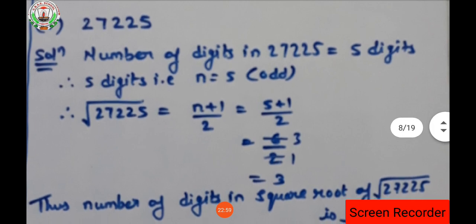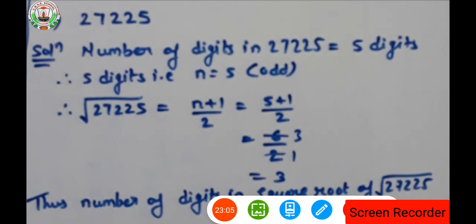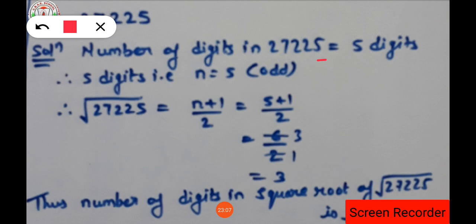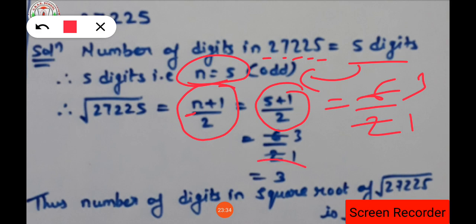27,225 we are having. How many digits are there? 1, 2, 3, 4, 5. Total digits are how many? 5 digits are there, isn't it? 5 digits are there and 5 is an odd number. If it is an odd number, what formula are we going to put? We are going to put n plus 1 by 2. And what is the value of n we are having? The value of n we are having is 5. So 5 plus 1 by 2. So 5 plus 1 is how much? 6 by 2. 6 and 2 will get cancelled into 2 itself. What number is left? 3 is left. So square root of